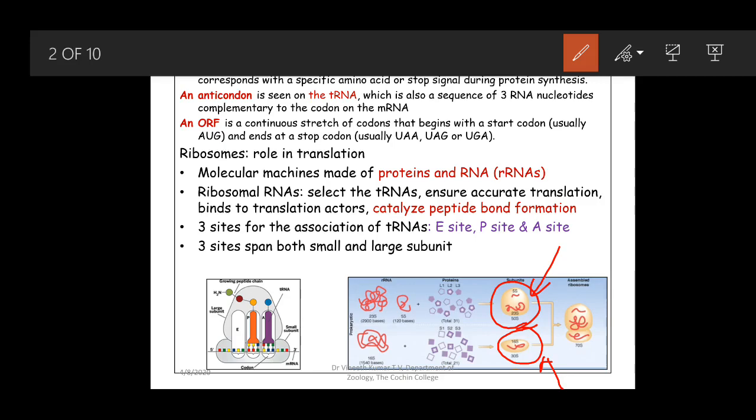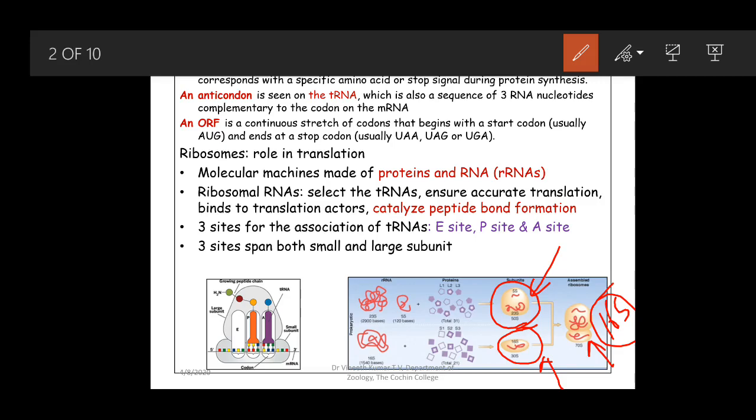So keep in mind this particular one, the 16S rRNA, which we are going to see later, having an important function in initiation. 16S rRNA is a ribosomal RNA. So there are three ribosomal RNAs inside a prokaryotic ribosome. Coming to the sites, these are the regions where the